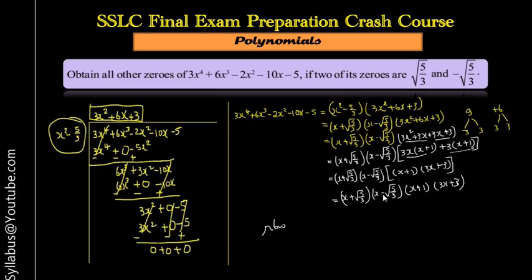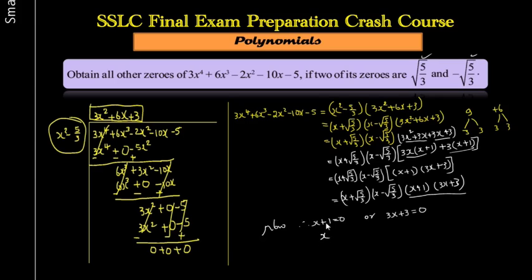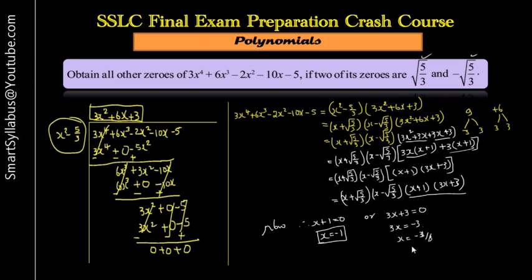As you can see from these two, at least we can get the roots like this. It means the remaining two roots are here. Therefore, equate them to 0. x plus 1 is equal to 0, or 3x plus 3 is equal to 0. From here, x and plus 1 on that side, we get minus 1. So this is the third root. Now from here, 3x is equal to minus 3, sending 3 to that side. So x is equal to minus 3 by 3, so we can divide these two. So we get x is equal to minus 1. So this is the fourth root, right?